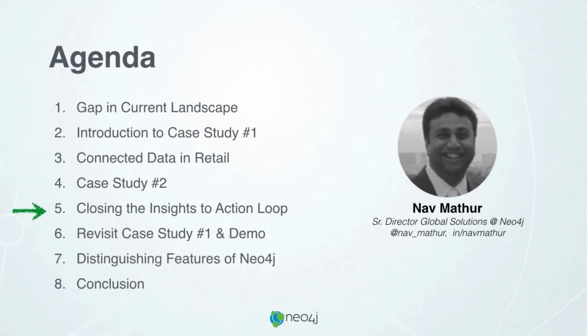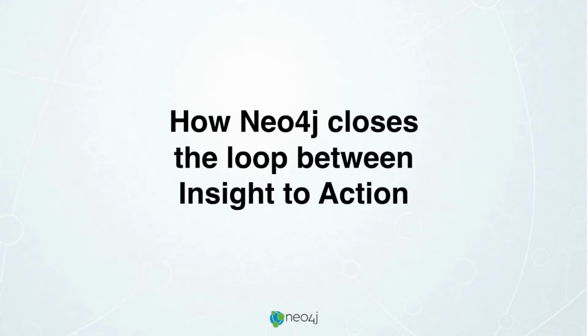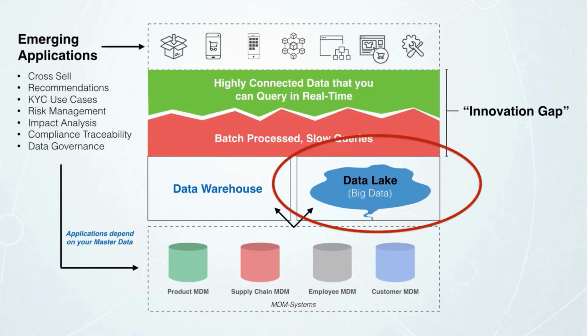So let's talk a little bit about the loop between insight to action. What I see is in most organizations today, if they're building insights or predictions with the help of their data scientists, they're using technologies like Hadoop, Spark. They have a data lake on which they build these insights. But then